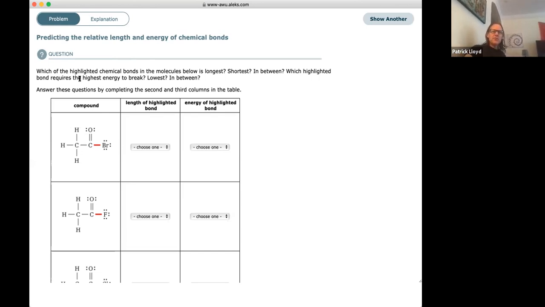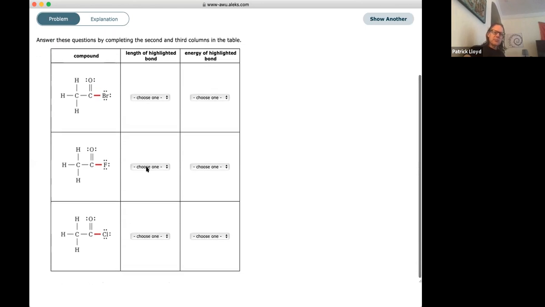Which of the highlighted chemical bonds in the molecules is the longest? Which one's the shortest? Which one's in between? Which highlighted bond requires the highest energy to break? Which one requires the lowest? And then in between. So actually, it looks like we're comparing